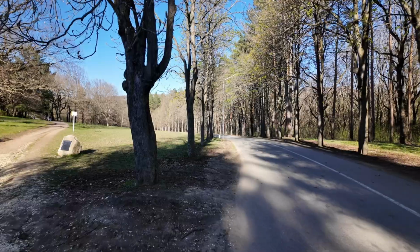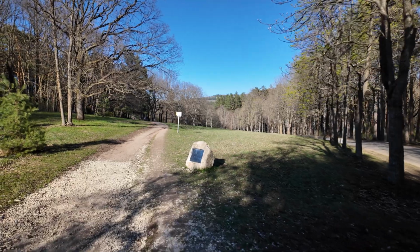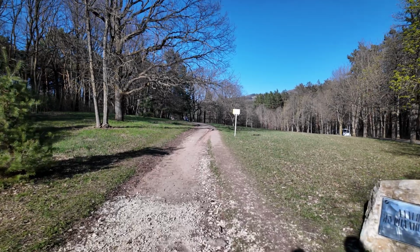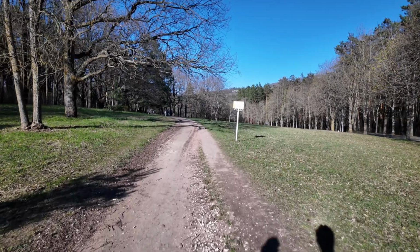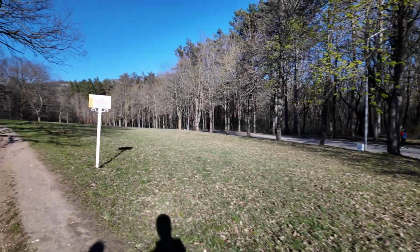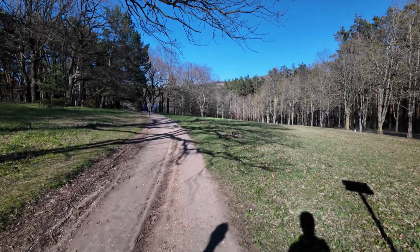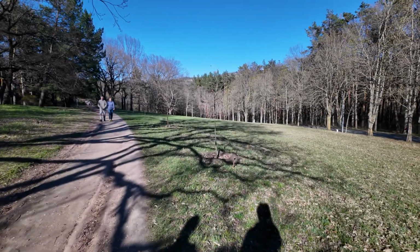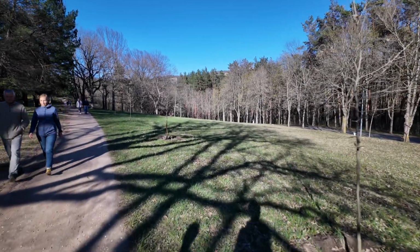So let's see. So here we're continuing our road, and we reached one of the hilltops of this park, and it keeps going. It's a very interesting geography. They're very mild hills here, and they're all connected through a network of paths and also some bike lanes. So you really have a choice of either just walking fully in nature on earth trails, or this network of very nice roads. There's benches everywhere,